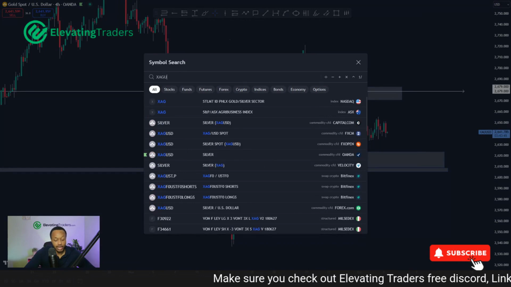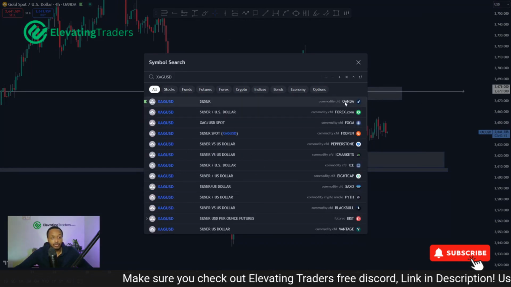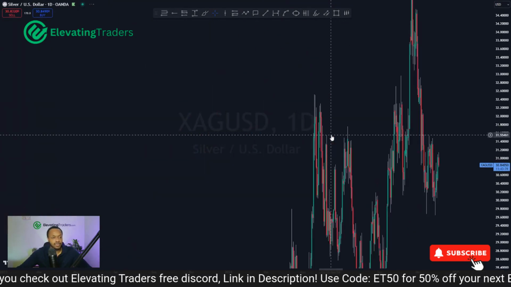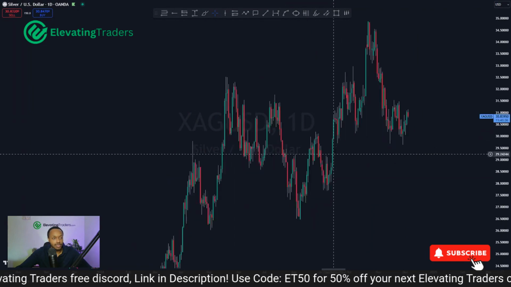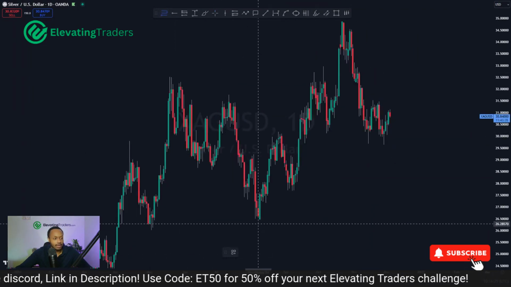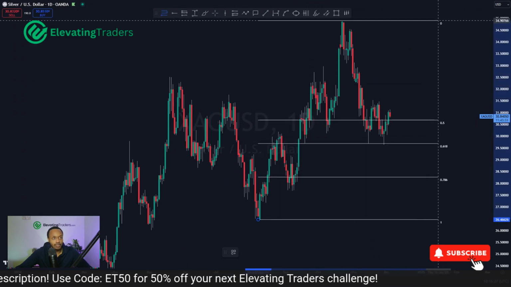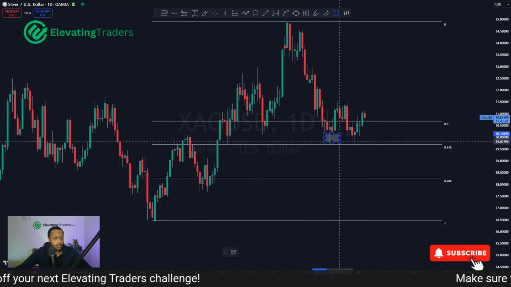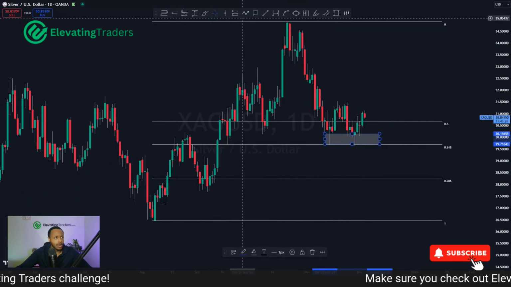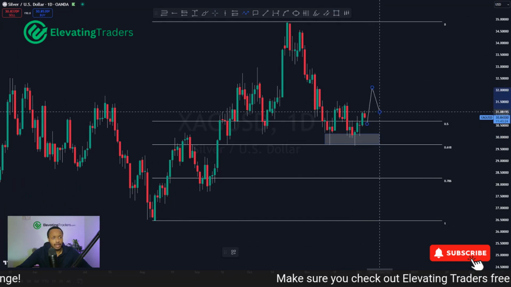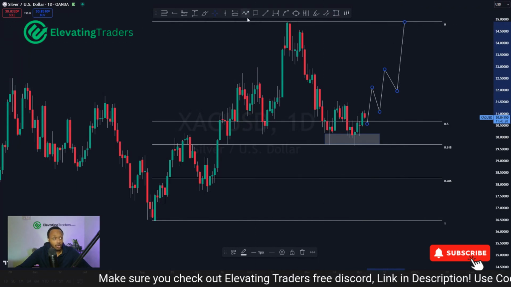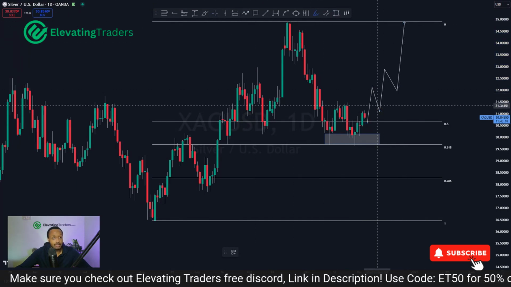And in terms of silver, I actually do like silver. The setup for me to get involved is not quite there yet, but it looks like it's slowly taking shape. Again, the idea with silver is that we had the lows down here, market creating new highs. Now I'm essentially just looking for the pullback of that move. Looks like we're putting a nice little double bottom here as well. So I'm looking for price to start to go and break structure to the upside, see some higher highs, higher lows, and then my job is to try and catch those same higher lows and take silver to the upside